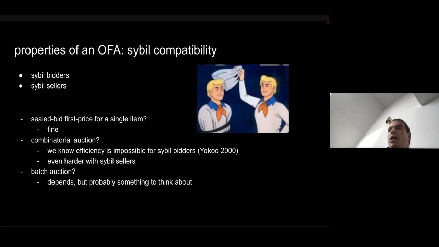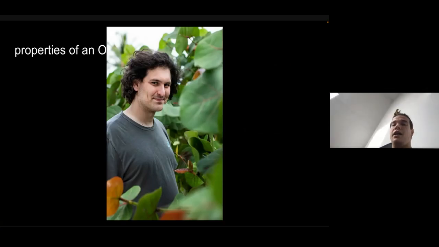Right? And of course, we can design mechanisms to resist Sybils, right? But if we require stake, if we require KYC, these kinds of things, these change other properties of the auction we like. Perhaps it reduces the competitiveness. Perhaps it allows for easier collusion, these kinds of things. Another property which we should all be very familiar with is trust assumptions, right?